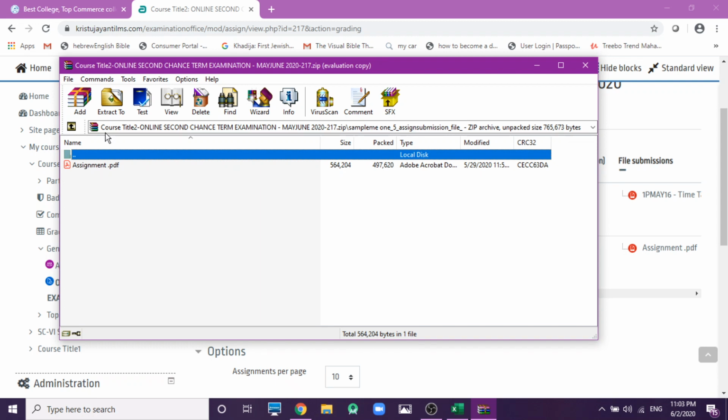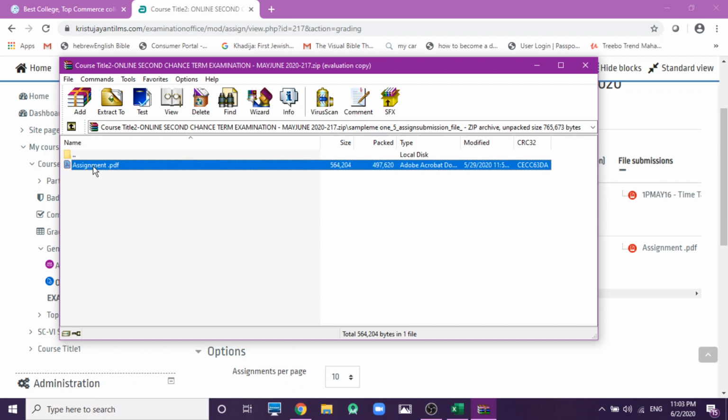So either you can extract to your local folder and read them one by one. And if multiple students are there in the common course, you can segregate according to the class. The register number is going to be the start of the mail ID for each and every student. So from there you can segregate class wise, and each teacher can do the assignment evaluation.